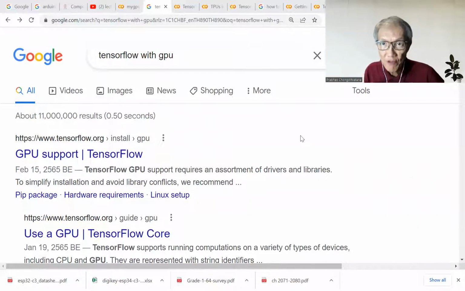Hello, in this video, I will show you how you can use GPU in your browser. You are going to use Google Colab for this exercise. At first, your browser has to be Chrome, and you search TensorFlow, because it is the package that we are going to demonstrate. TensorFlow with GPU, and you will